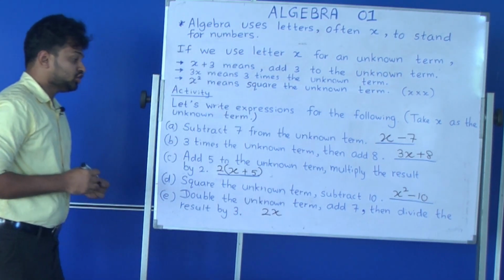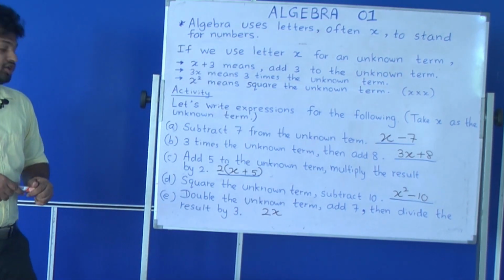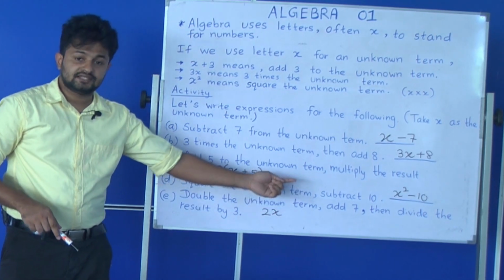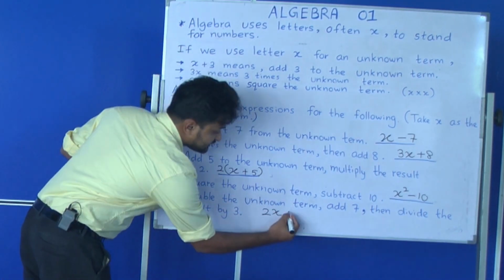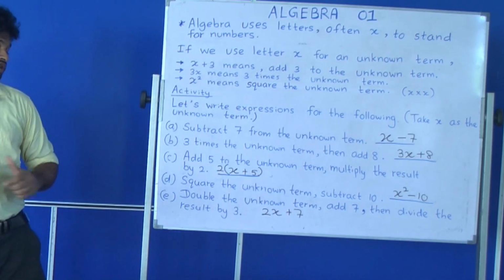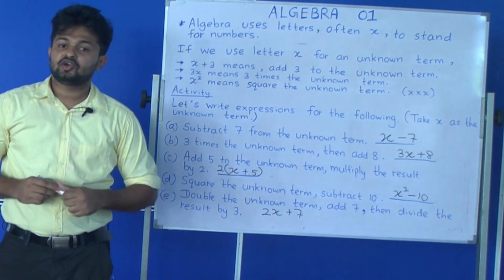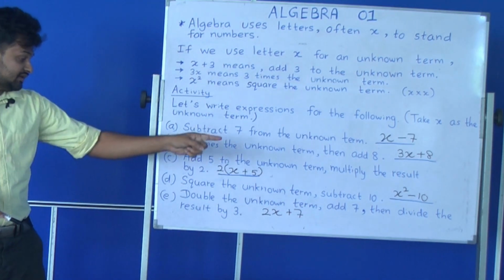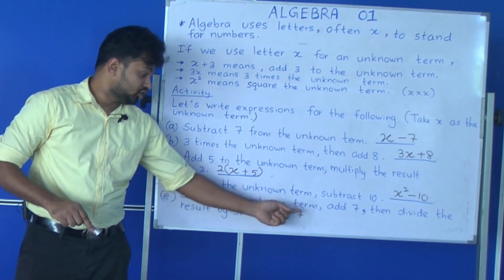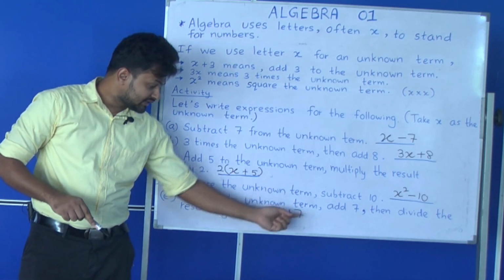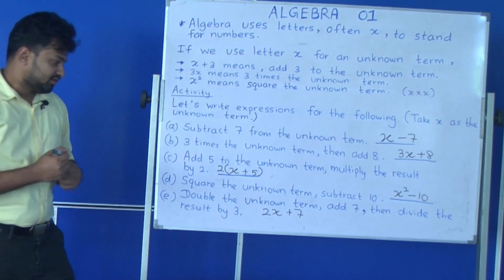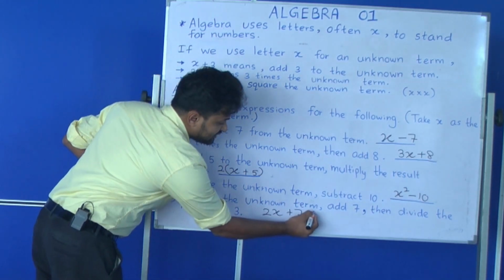that becomes 2x. Then what are you going to do? Now the doubling is done. Next you have to go for addition. 2x plus 7. Okay, second step is also done. Then what are you going to do at last? Then divide the result by 3. Not 2x only, not 7 only. The whole result should be divided by 3. And you have learned before, we are not going to use the division mark here.